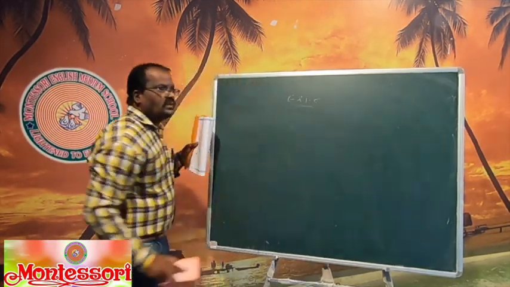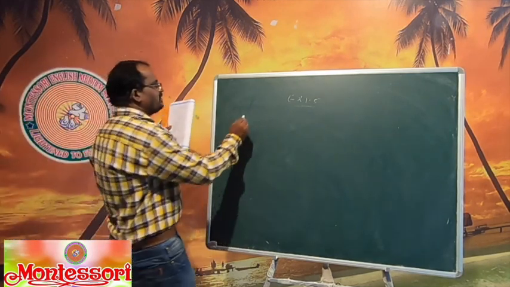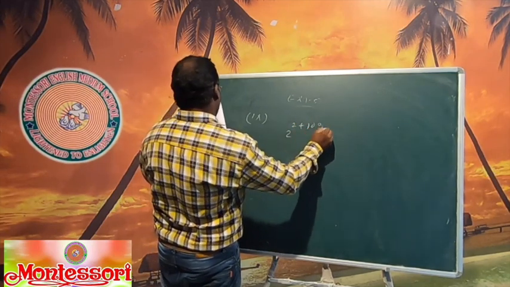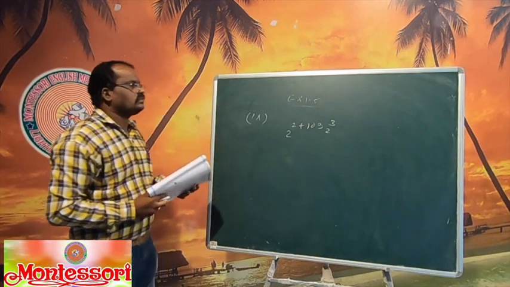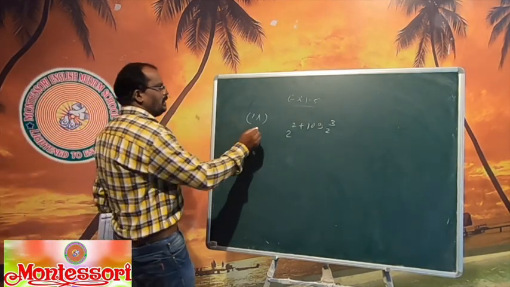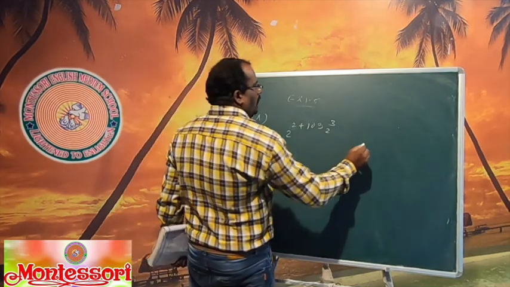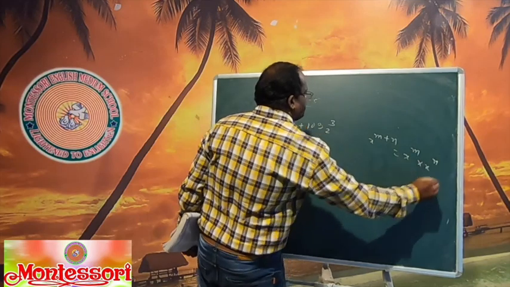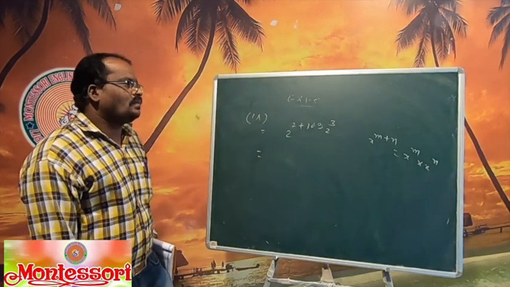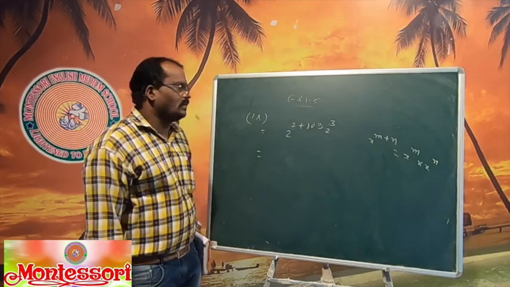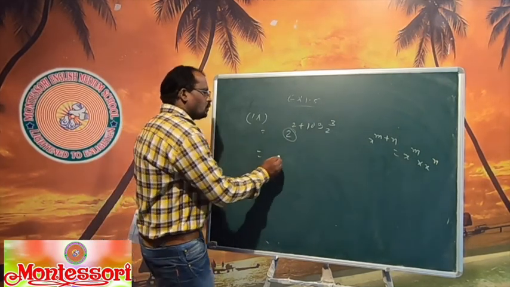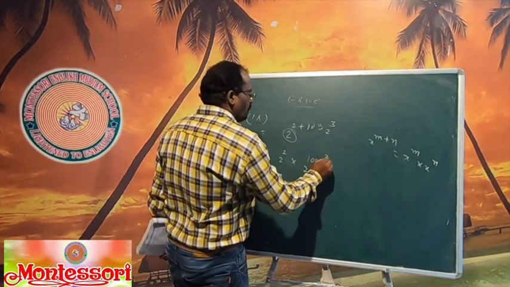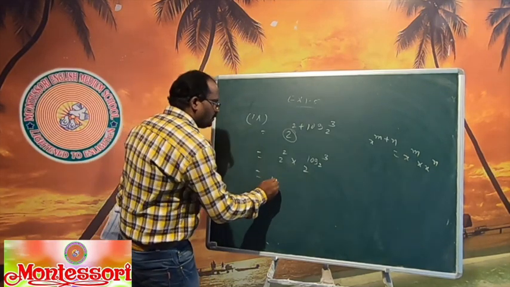One more question is there. The last question, the 9th question, is given here: 2 plus 2 log of 2. You write both separately. x power m plus n is equal to x power m into x power n, studied in the 7th class. Here x means 2. 2 square into 2 log of 2. The 2 square value, you know, is 4.